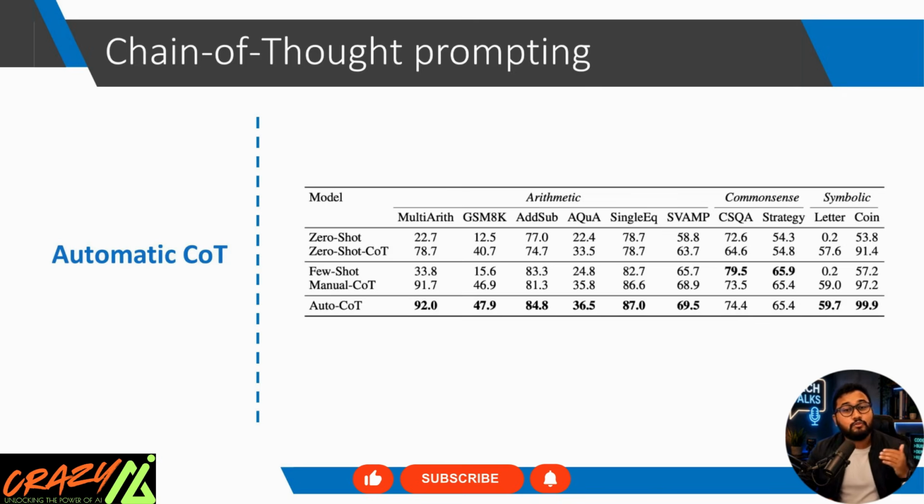Now let's move beyond reasoning and explore another important prompting strategy: